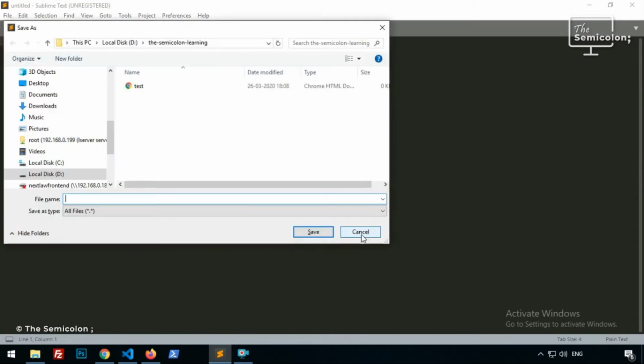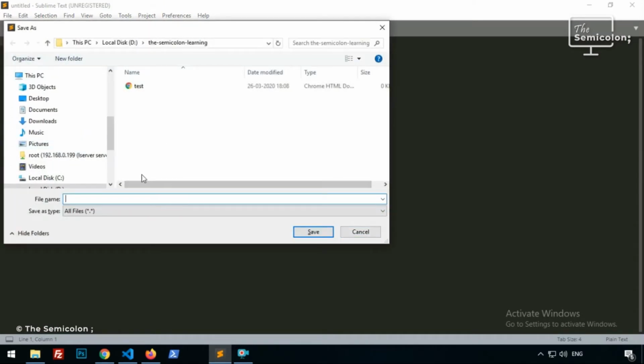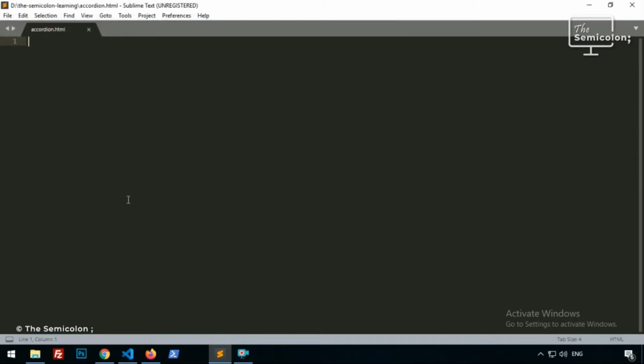Let us create a new file, accordion.html. So HTML, jQuery accordion, and this body will create our custom accordion. So class accordion,